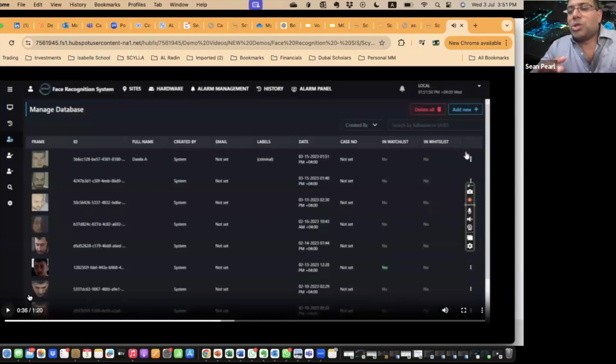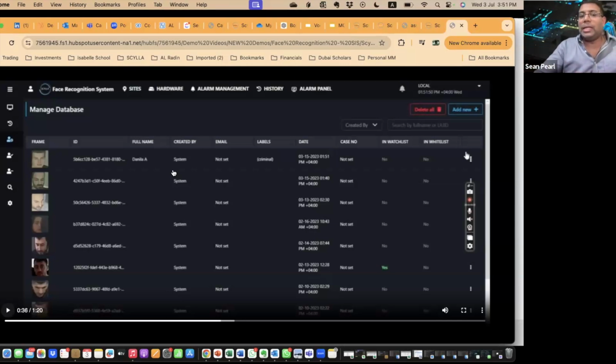So this is what I want to show you, because this is what the auto enrollment actually does. So what is offered as part of this solution, if you've of course chosen this particular solution, is that every time a person walks into the view of the camera, it grabs a snapshot. It gives him a very unique ID, like you can see on here. It classifies this person by gender. So is the person a male, a female? It classifies the person into a particular age group. So there is a lot of data-driven statistics that you can actually pull out based on this.